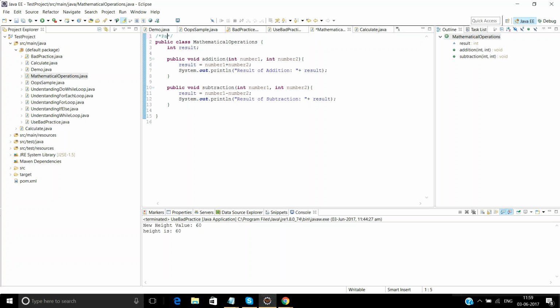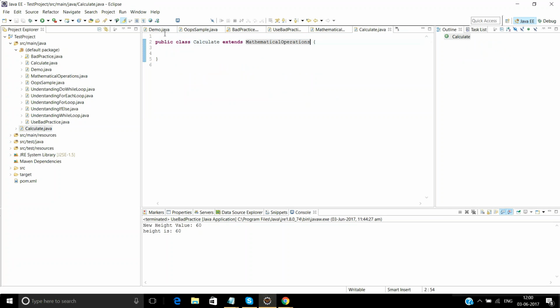So the moment we extend the mathematical operations class, just like I described in the example of vehicle and car, the attributes or the properties of mathematical operations will automatically come down to the calculator class. So what does this mean? First, let me write a method. So public, multiply, and let's say int